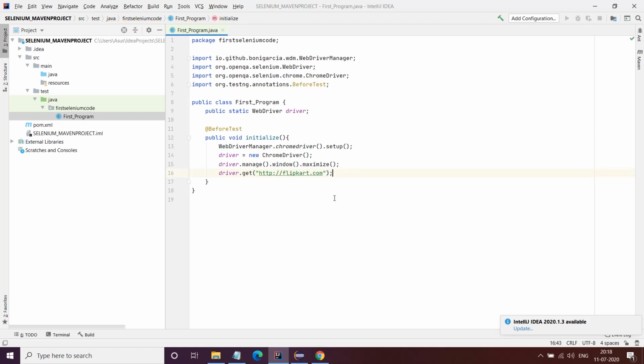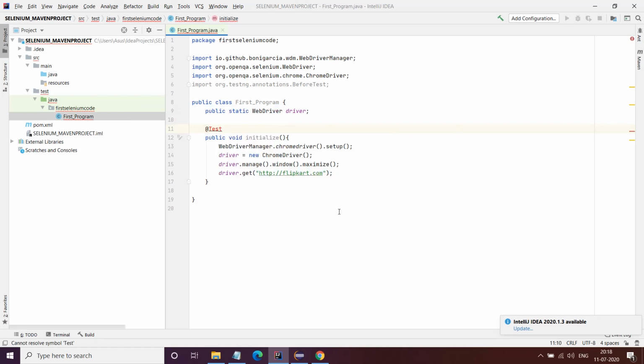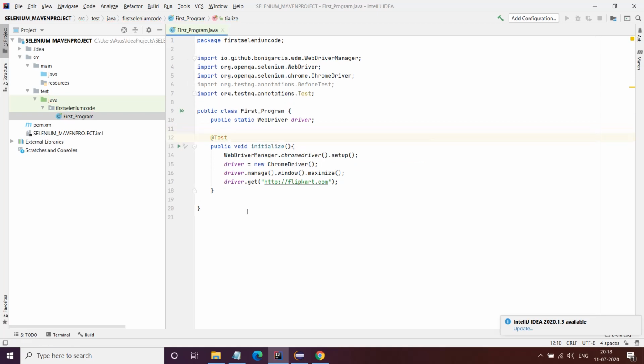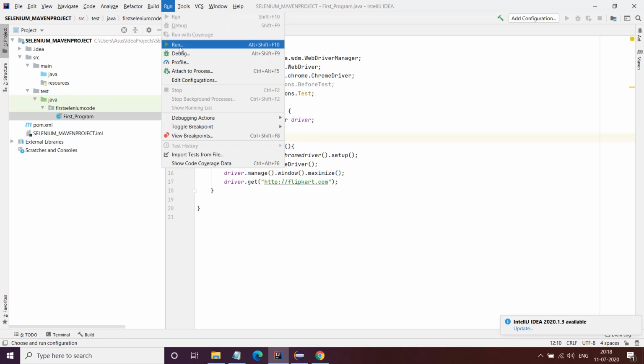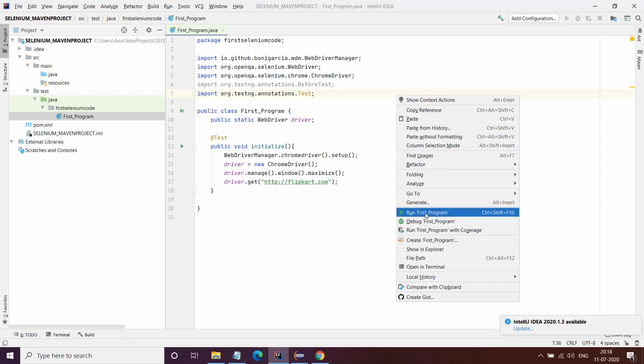Sorry guys, I used the other method, and simple. I will not use @BeforeTest. I'll use a simple @Test because I don't want to unnecessarily extend. Control Shift O will not work. You have to use Alt Shift Enter. So do not go for JUnit, go for TestNG, and that's it. Simple. Now I will not go to run and all these things. I'll not click it from here. I'll just right click here and run this.